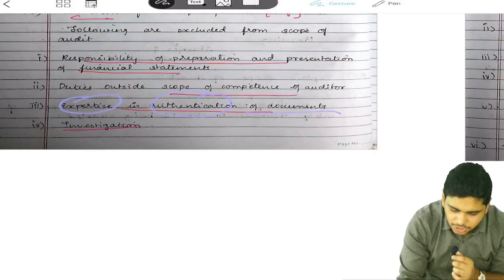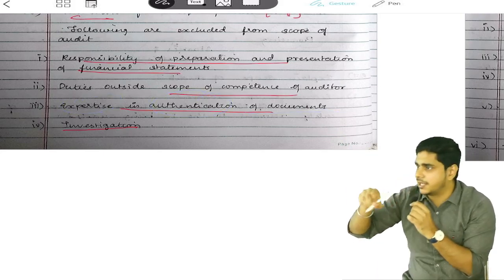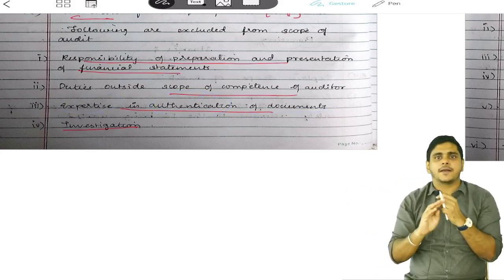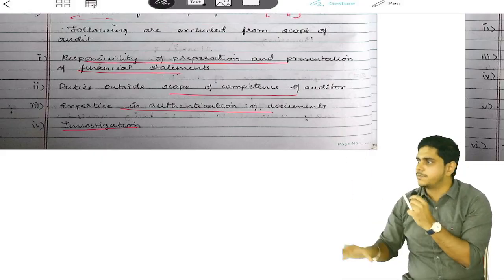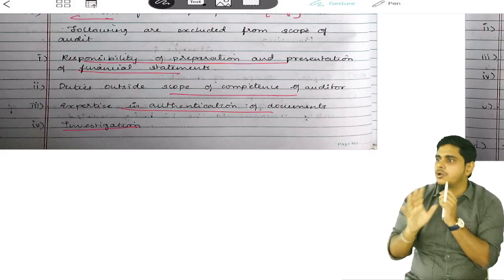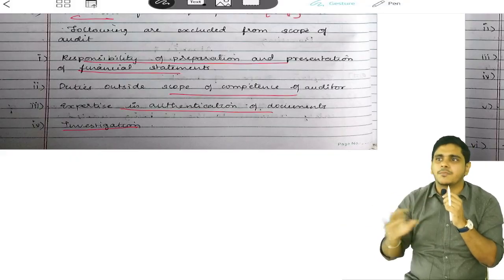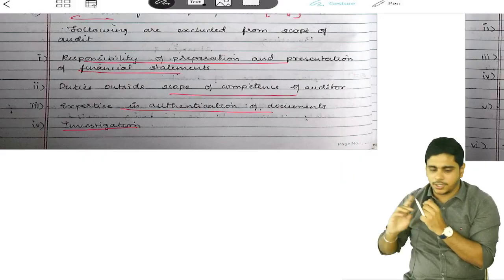Third, expertise in authentication of documents. What is authentication? Signing, attesting the document. Like for example, I have purchased this building. So there would be an agreement. That agreement is original or not. Somebody has to authorize it. Somebody has to check it. It is not my job. It is the valuer's job. Okay. Last point,